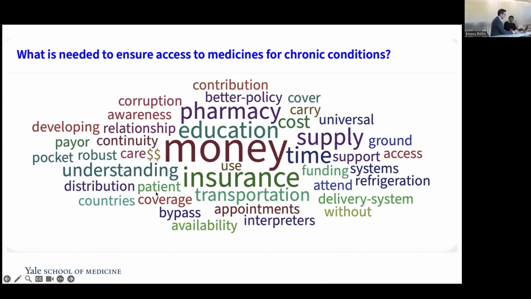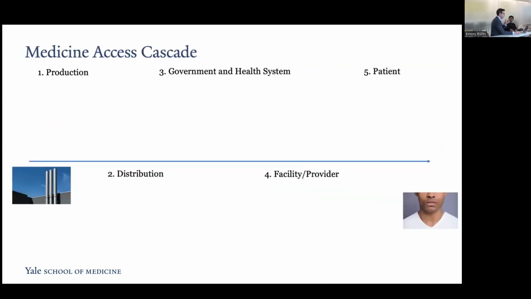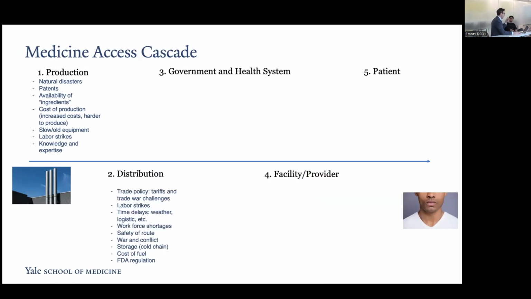understanding. So it's complicated. And to paint another picture of the complexity, this is an exercise I also do with students when I talk about this. I like to think about this cascade of medicine access, right? So a pill is produced at some factory somewhere on Earth, on the left side of the screen, and has to make it to the patient, right? Somewhere else on the planet. And this cascade is really complicated. And so what I'm showing you again is the result of when I do this with students and we talk about what the barriers to access are at production, at the point of distribution.